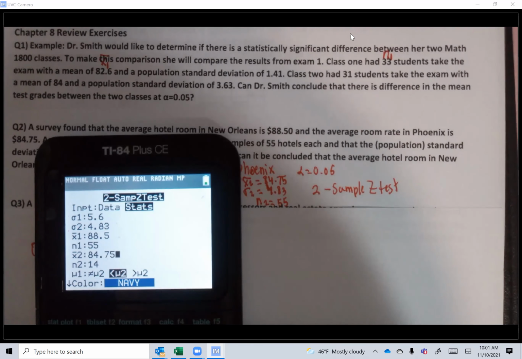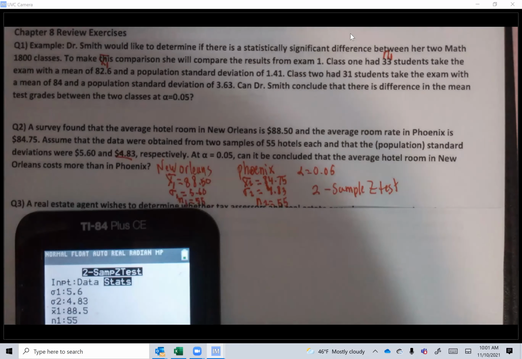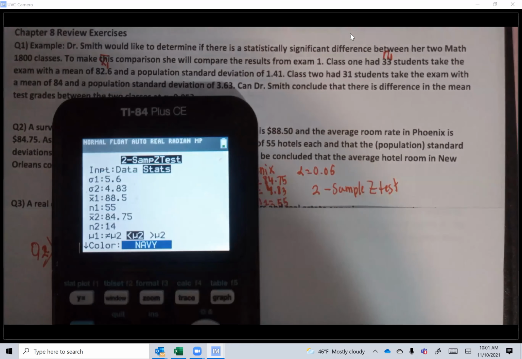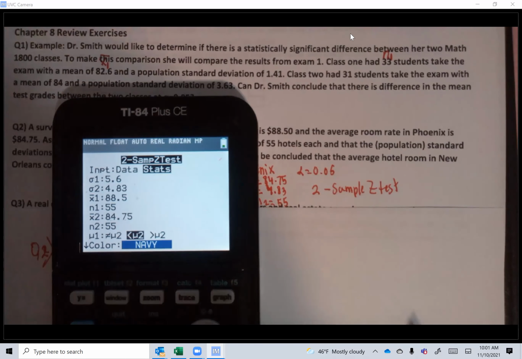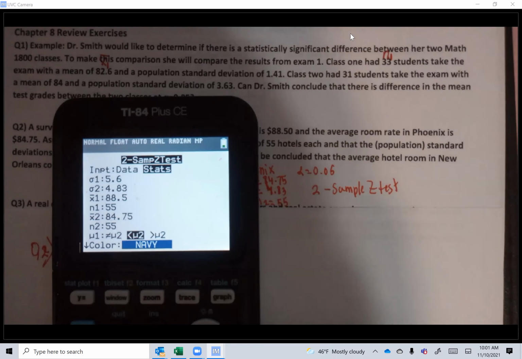Be careful as you do the data entry. I'll look carefully. I will review it twice, guys, just to make sure. 4.83 for the standard deviation. N2 is 55. And then we want to check that